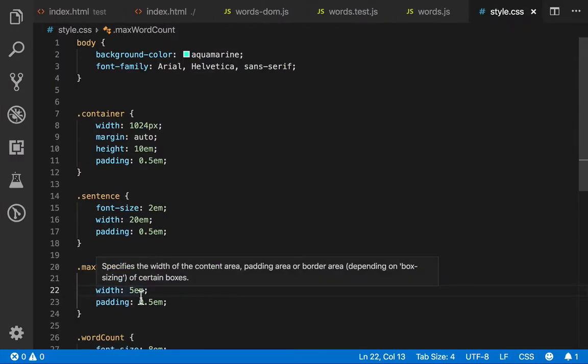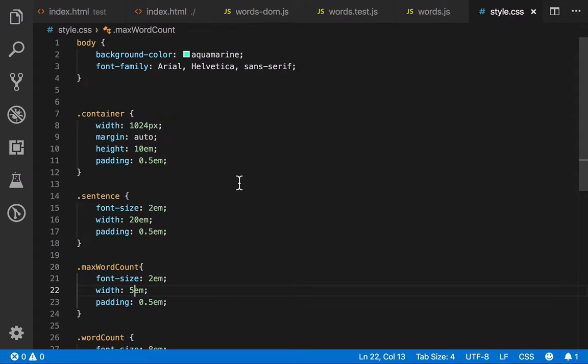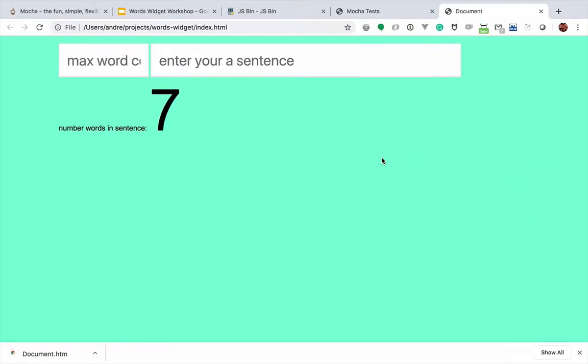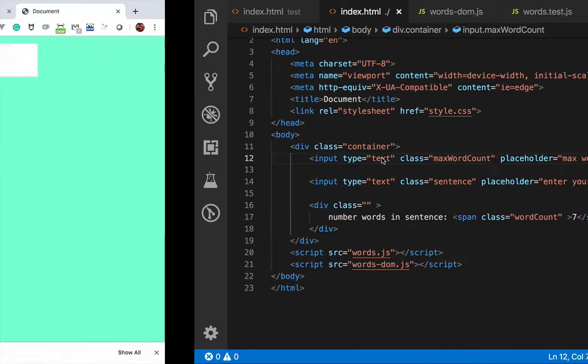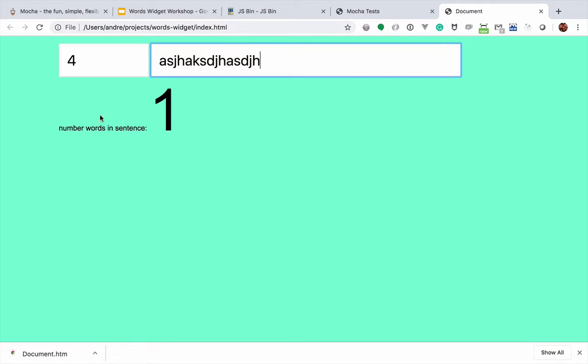Okay, so that we can see what's going on. And then we're just gonna say in there, max word count. So let's just do max words. Okay, something like that. Control R. Okay, so now I can put in max words here of 4. And I can type something in here, do that, and then what I want is I want an error message